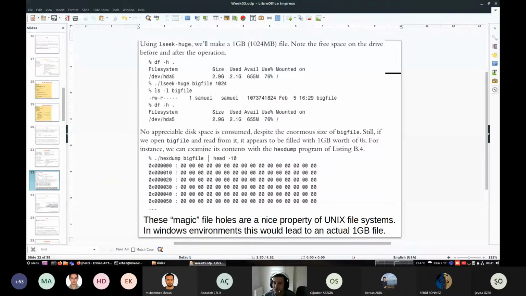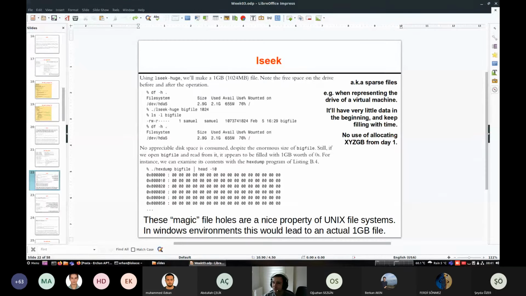So you can use, for instance, hexdump, the program that we wrote previously as an example for reading and writing. And if you try to read that file, you will see that it is full of zeros. So check that out. This is a very nice technique from the world of POSIX. Now, these are known as sparse files, and they are very, very useful for representing a drive for a virtual